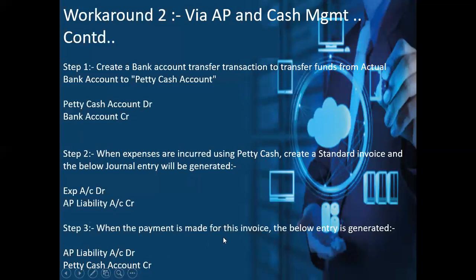So whenever you are making a payment of this particular invoice, you should ensure that you need to use that dummy bank account or petty cash account. So if you look at the overall accounting entry here, so AP liability account got credited here and debited. So these are knocked off. Petty cash account got credited here, debited here. These are also kind of knocked off. And the net journal entry is basically your expense account debit, your bank account credit.